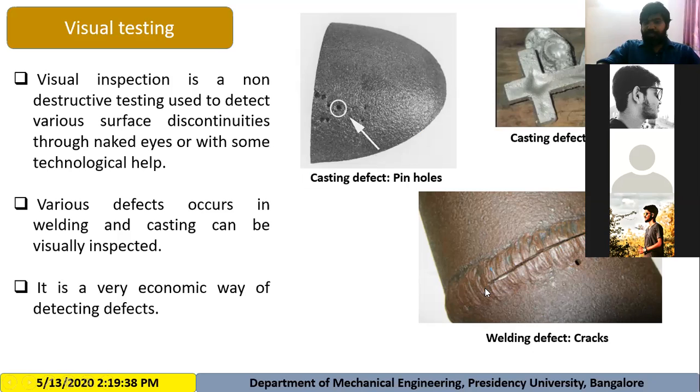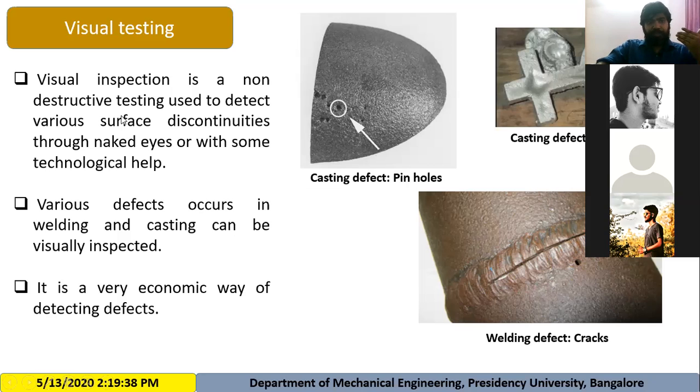Here also you have performed a welding, and you can see these are solidification cracks. The solidification cracks appear on the weldment. So simply by seeing with your naked eyes, you can say that this is a defect. So you are not going to qualify this product for further application. So the first type of non-destructive testing is visual testing, by which we can test the material by our naked eyes.